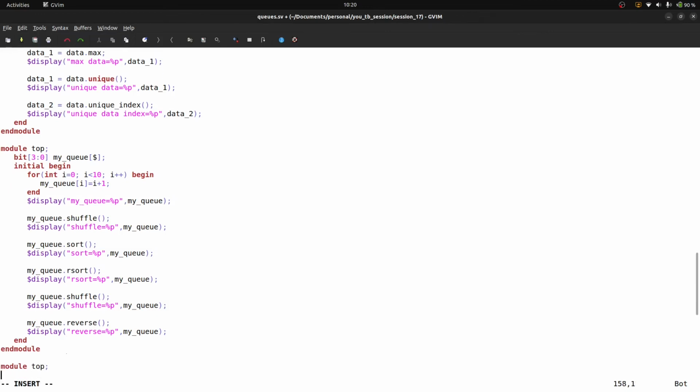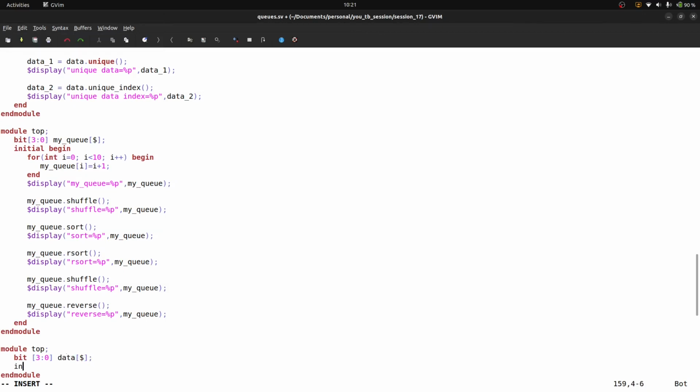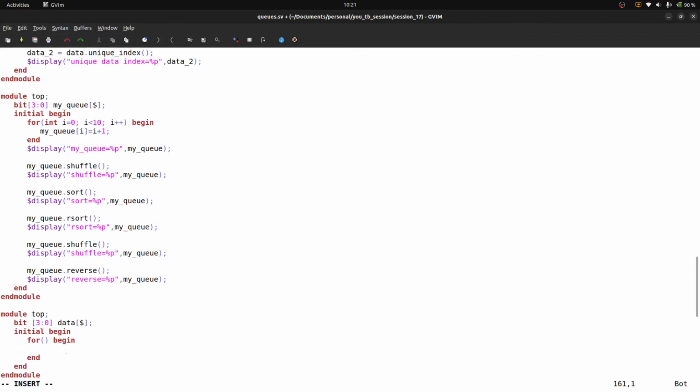So module top and module, bit 3 down to 0, data. Initial begin end, for begin end, int i is equal to 0, i is less than 4, and i increment.